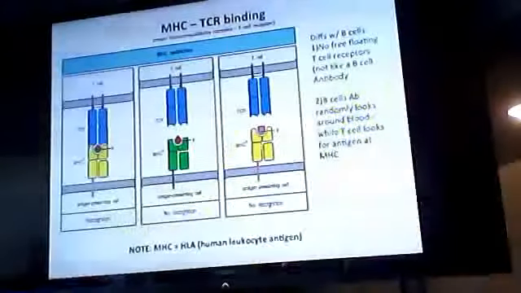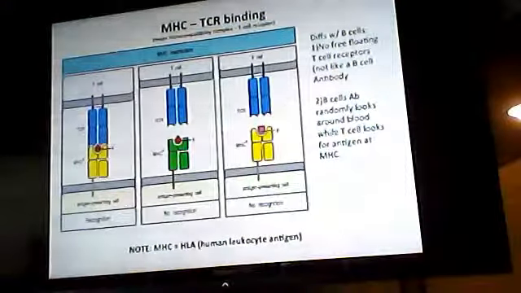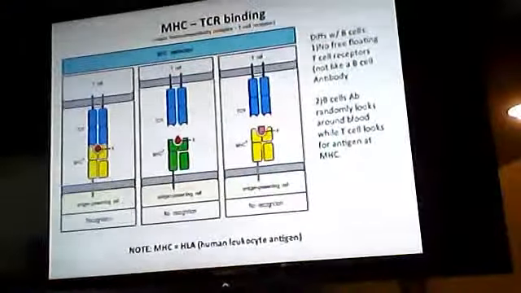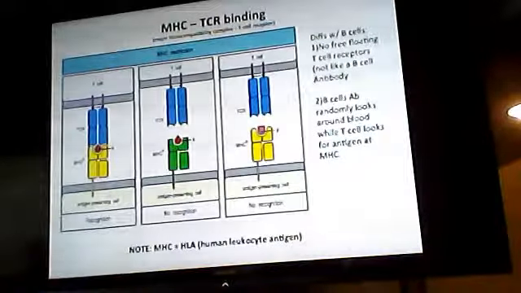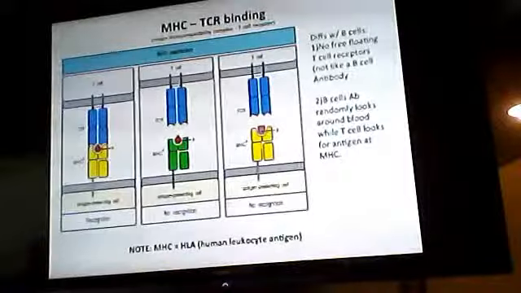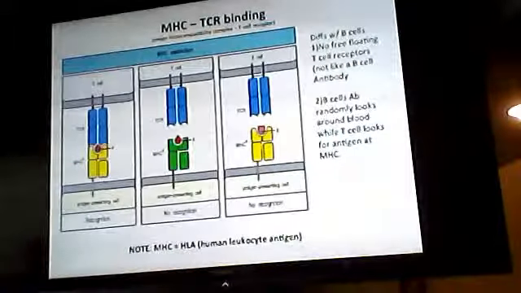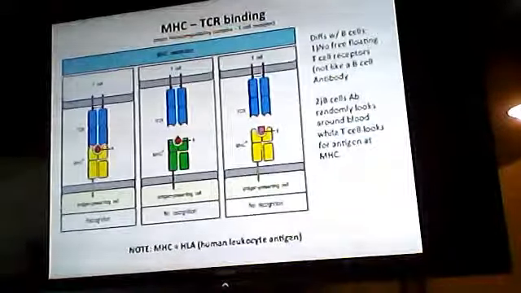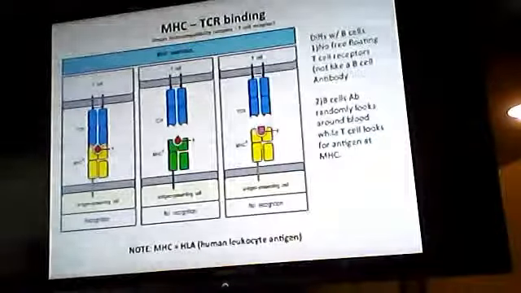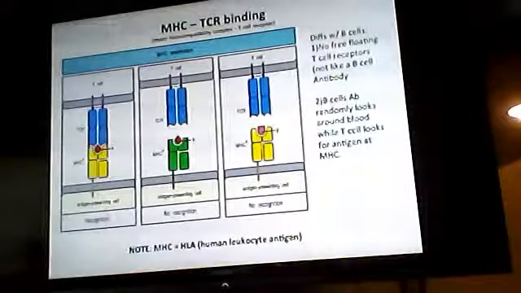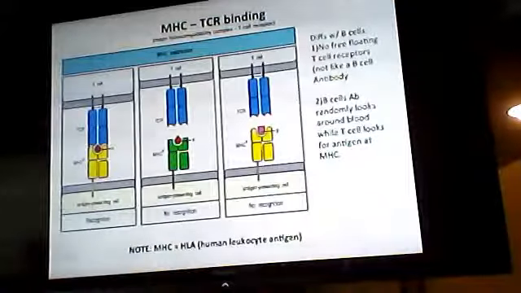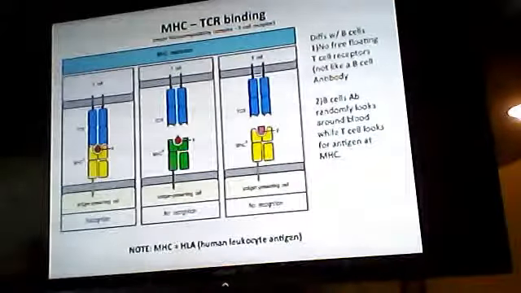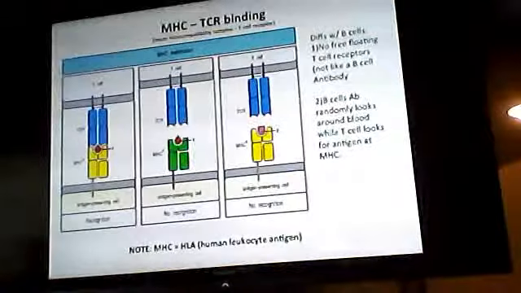Okay. Cell-mediated response, T cells. T cells are different than B cells, one, because you don't have a free-floating T cell receptor. A B cell receptor is an antibody. A T cell receptor does not exist floating around. B cells randomly look around, and if they bump into an antigen, they can activate. But a T cell has to have a major histocompatibility complex with an antigen-presenting cell presenting an antigen on the